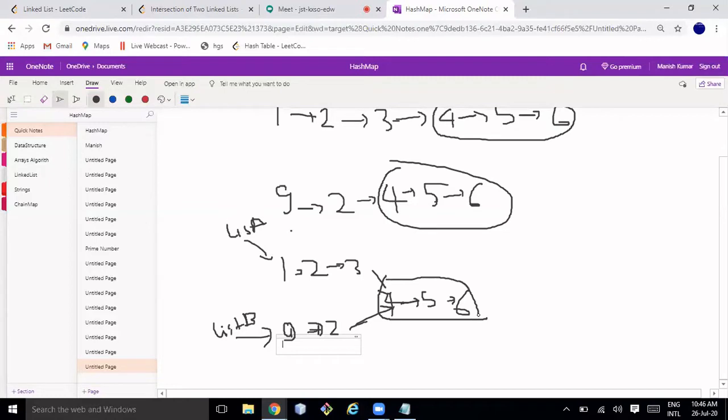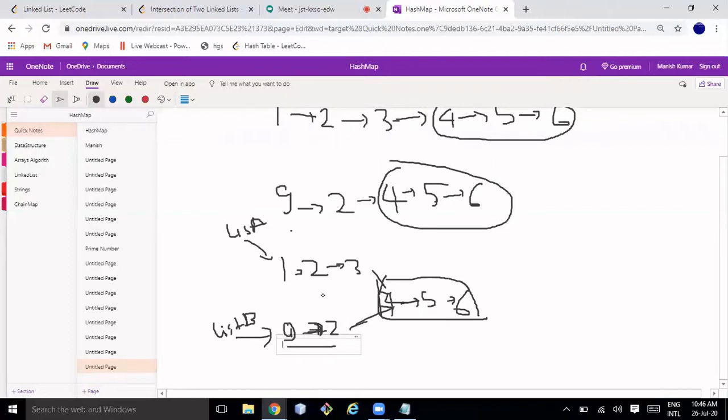I hope everyone is clear with the question. So a few hints I want to give. The first hint is, if you start comparing these two, and the number of elements in list A and list B is not equal, then what will happen? You will compare this 3 and this 4. It should not work.